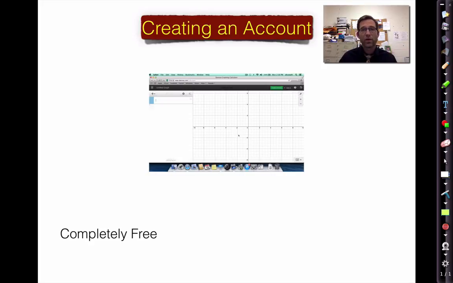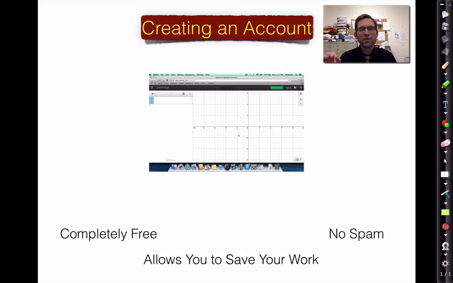It's a free account. You might think, oh, well, then I'm going to get a bunch of junk mail. I've never gotten an email from these people ever, and I can't figure out why that is. They create one of the best products I've ever seen. It's like Google, and then nothing. No advertising, nothing at all. It's just amazing. And really, the big advantage of creating an account is that it allows you to save your